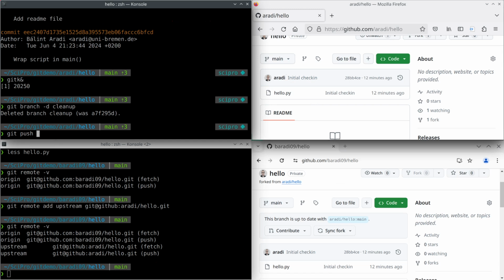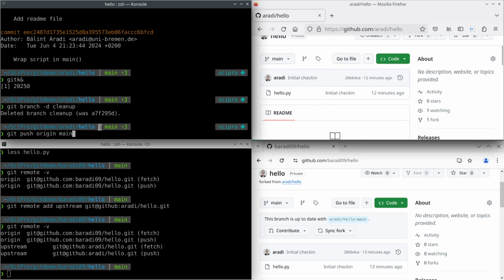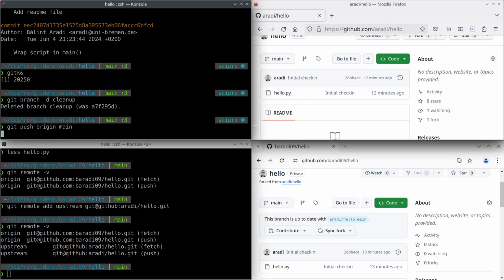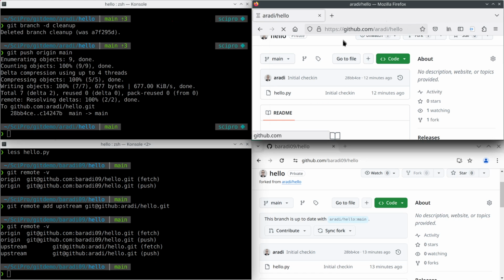We are in the main branch. We are pushing the main branch to origin, so to the repository which was called origin, and to the main branch on origin. Origin is our GitHub page, right? And we are pushing it to the main branch because our main branch should be exactly the same as the main branch on GitHub. And if you do that and reload the website here on GitHub, then you